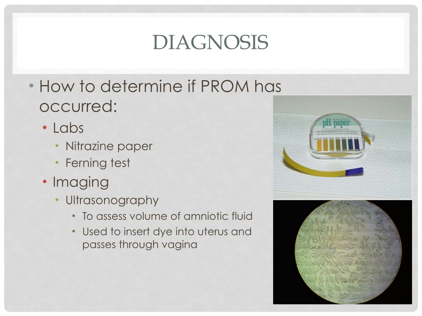Another test used to determine if membrane has ruptured and amniotic fluid is in fact present is the Ferning test. A specimen is swabbed from the posterior vaginal fornix and then smeared on a glass slide. Once it is allowed to dry, it is viewed under the microscope to look for the presence of fine branching structures known as Ferning, which indicates amniotic fluid and confirms membrane rupture.